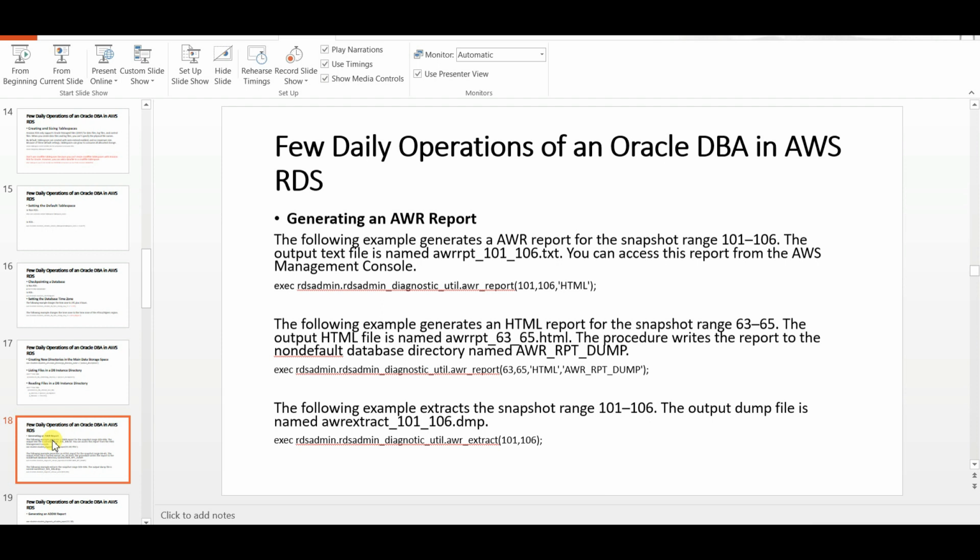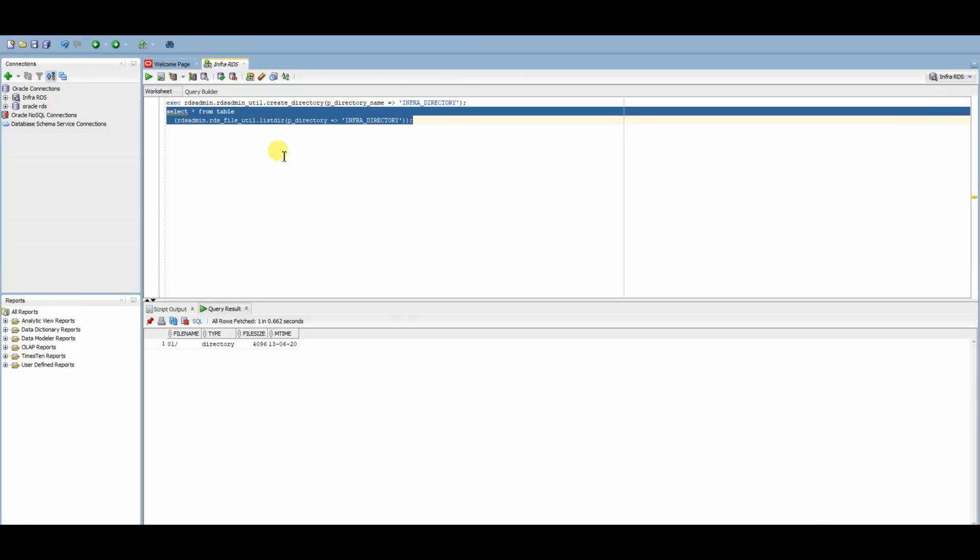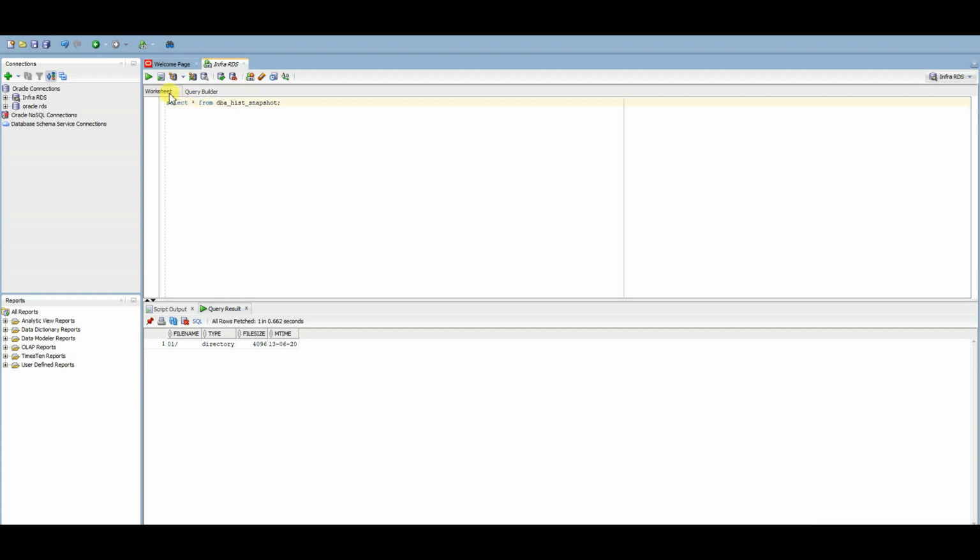Now, how do you generate an AWR report? First of all, you need to see what all snapshots are present. So till now, no snapshots have been created, so we cannot check what all snapshots have been created till now.